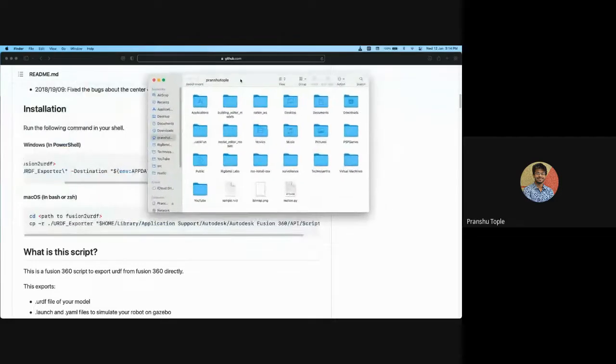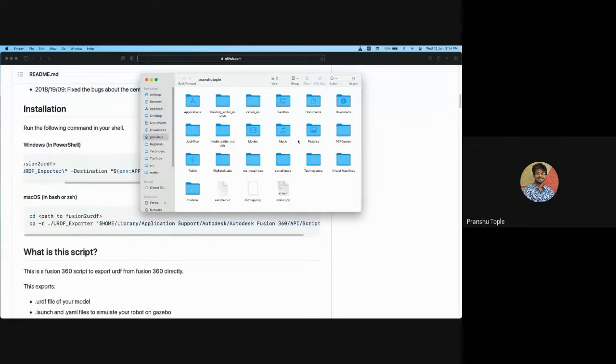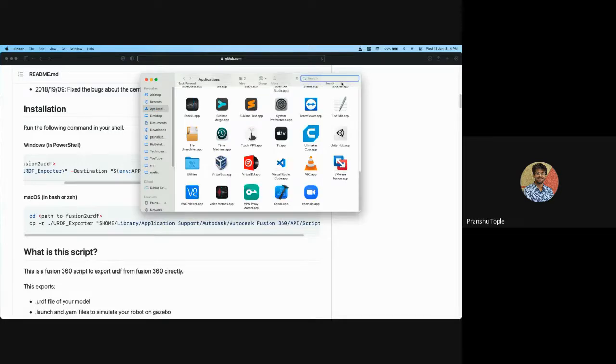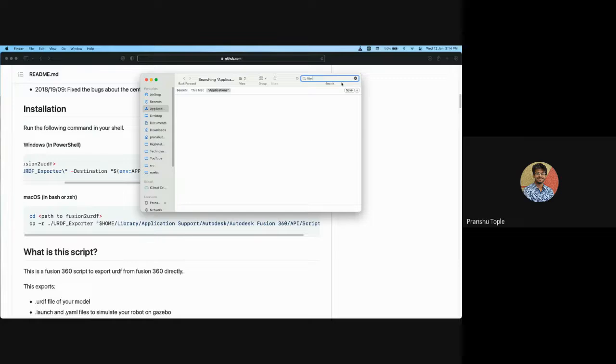So inside my home, there is a library folder. Where is it? Home, library. I will just search it.